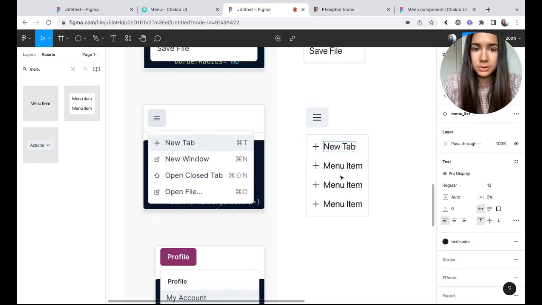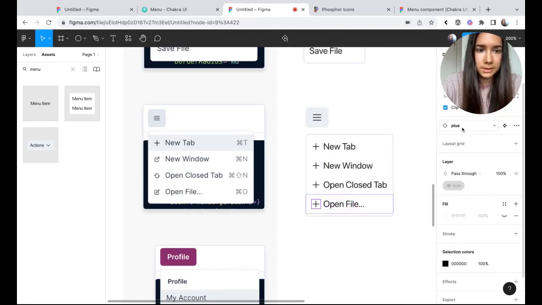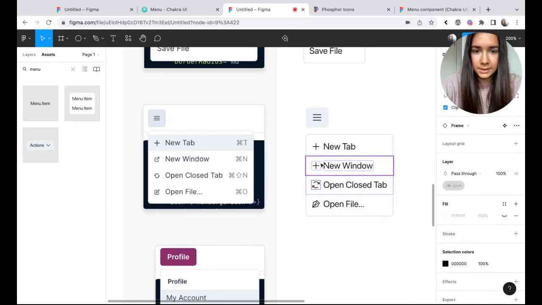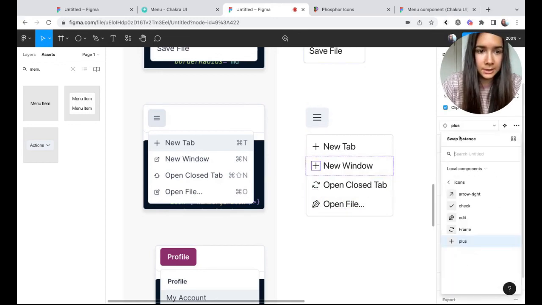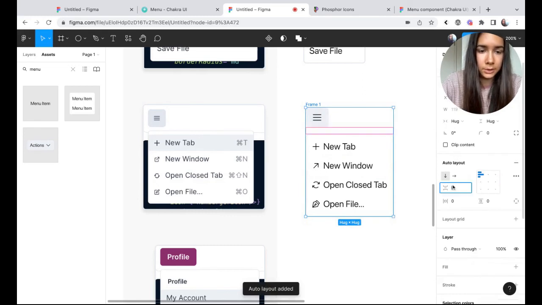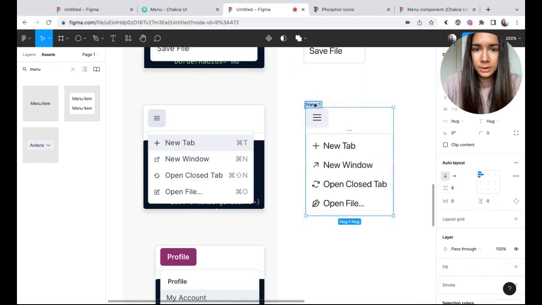New tab, new window. And let's update these icons. I guess these are a little bit different than what they have, but I think it's fine for this tutorial.